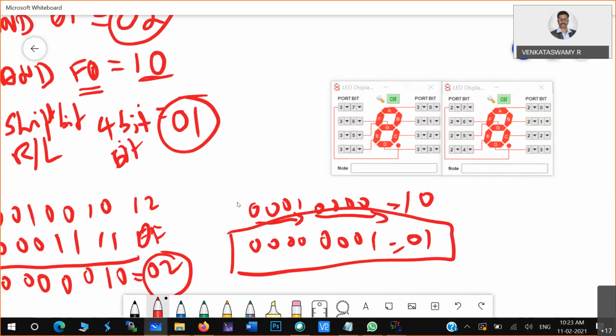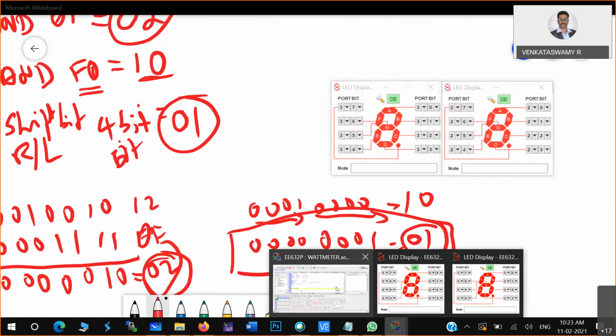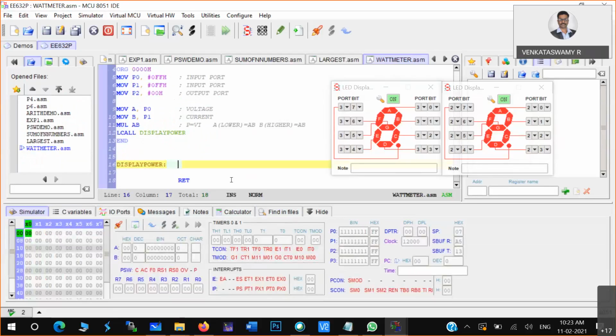So now using this particular technique, I'm taking the number, first digit and second digit. So for that, what you have to use in microcontroller, I'm just coming to the microcontroller. The value is present in A register.